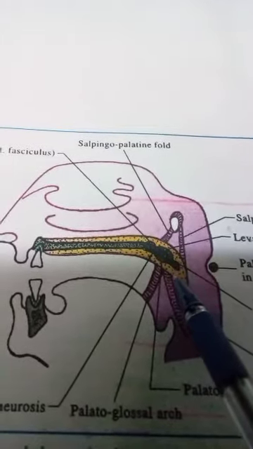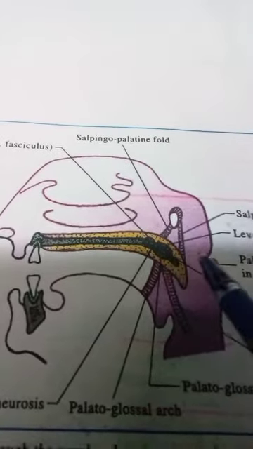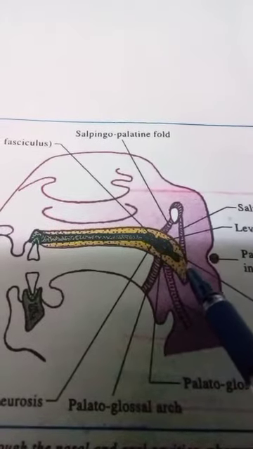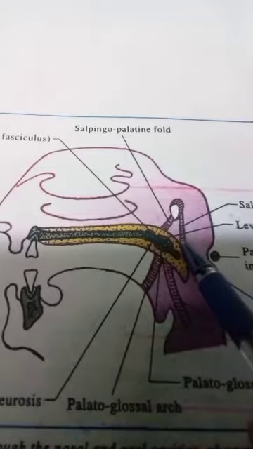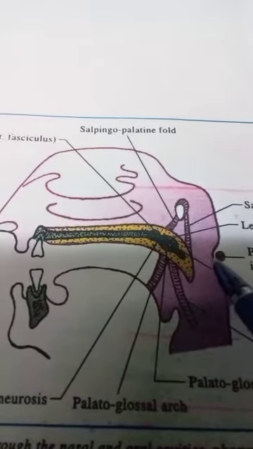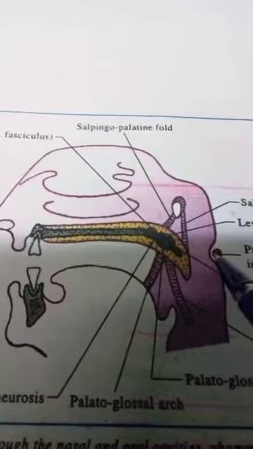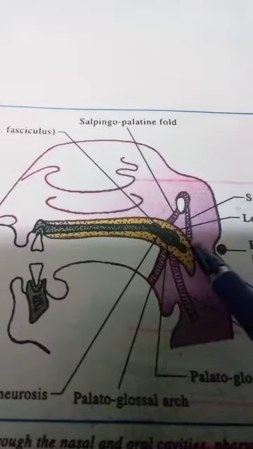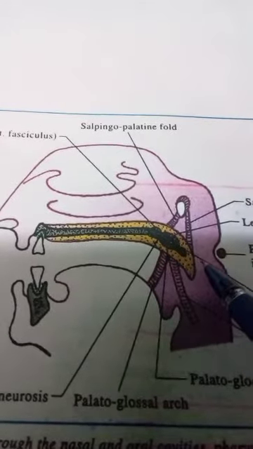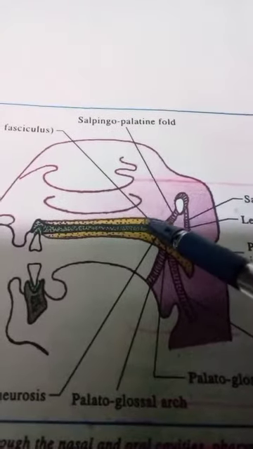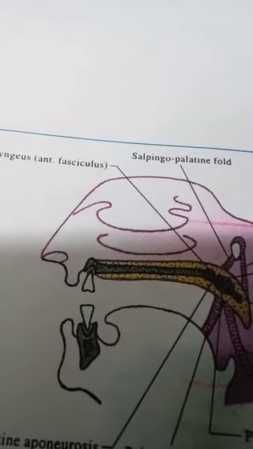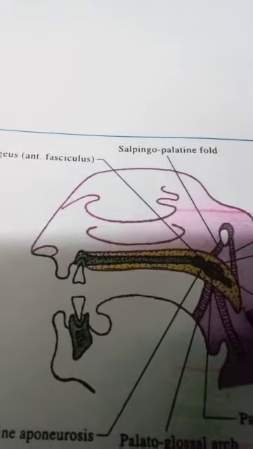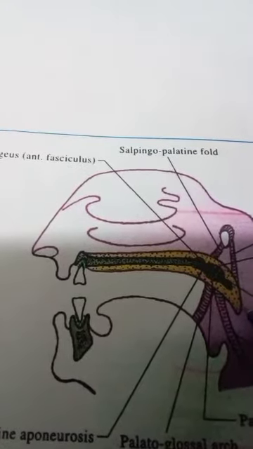This surface becomes inferior when the palate is stretched. When it is stretched, the anterior surface becomes the inferior surface. Now, this one is the posterior surface. It is convex and forms the anterior wall of the nasopharynx. Nasopharynx, this one. So, this forms the anterior wall of the nasopharynx. You see, this one is the superior border. It is attached to the posterior border of the hard palate. You see, this one is the inferior border. It is concave and free.